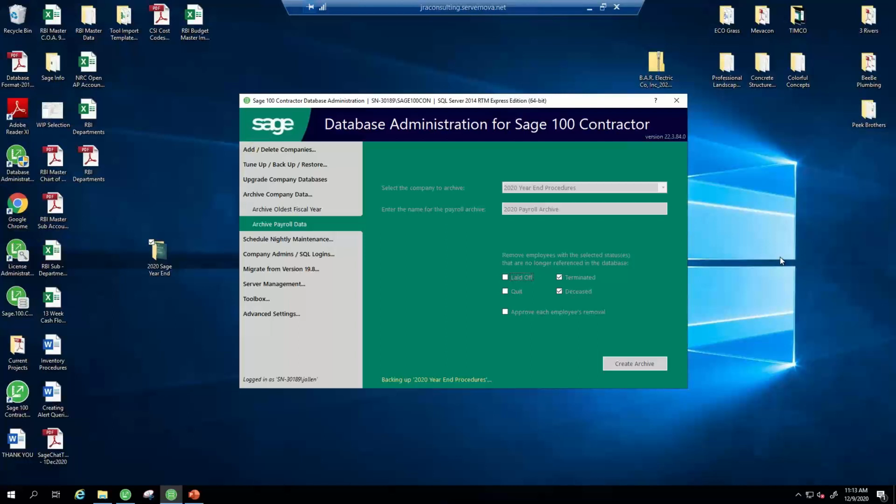Just some notes. You cannot enter any payroll data with check dates in the new calendar year until you have archived your payroll for the previous year. All of you, the users, must be out of Sage during this archive process, as this takes some time to archive. Once your company has been archived, you will want to open up